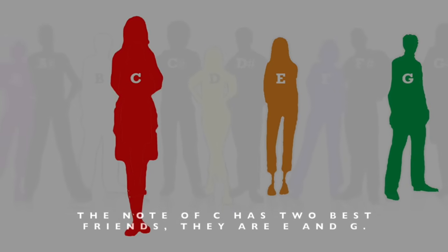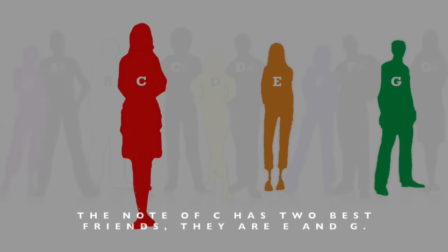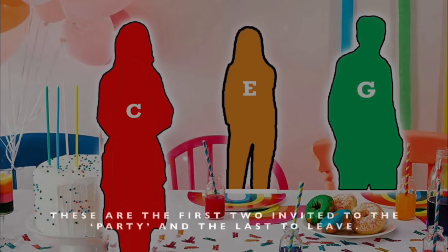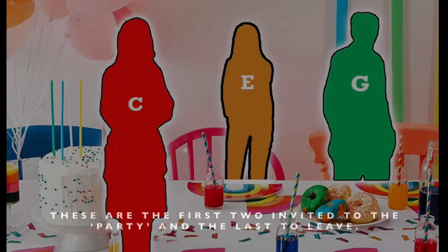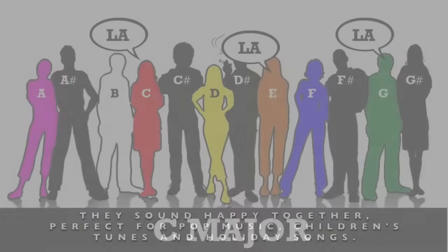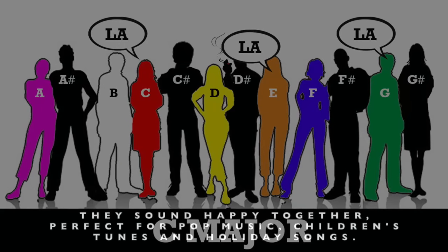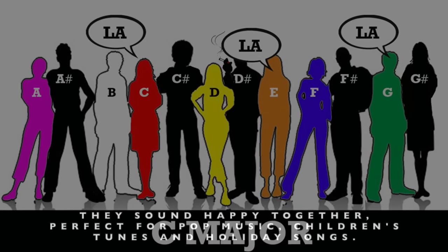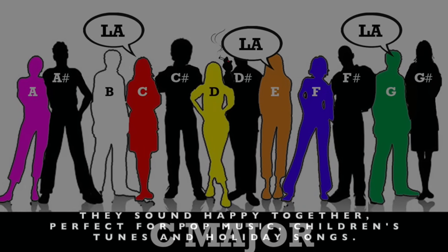And the note of C has 2 best friends. They are E and G. These are the first two invited to C's party and the last to leave. They are her best friends. And they sound happy together, perfect for pop music, children's tunes, and even some holiday songs. For example,